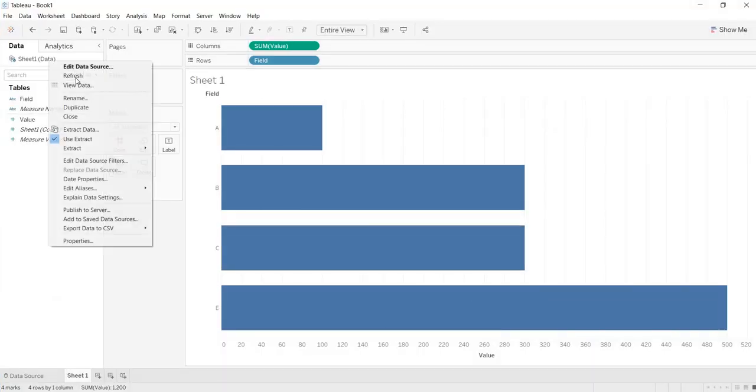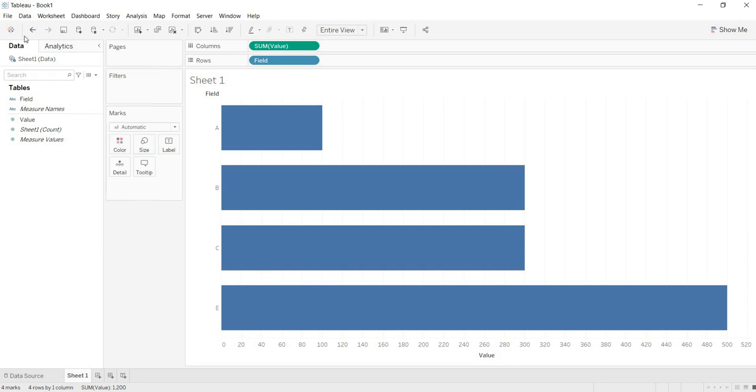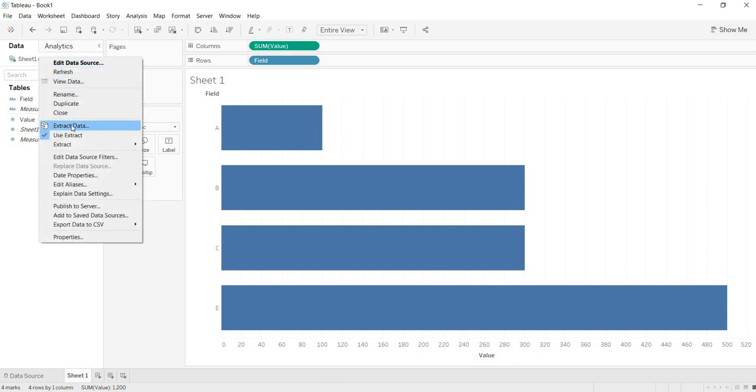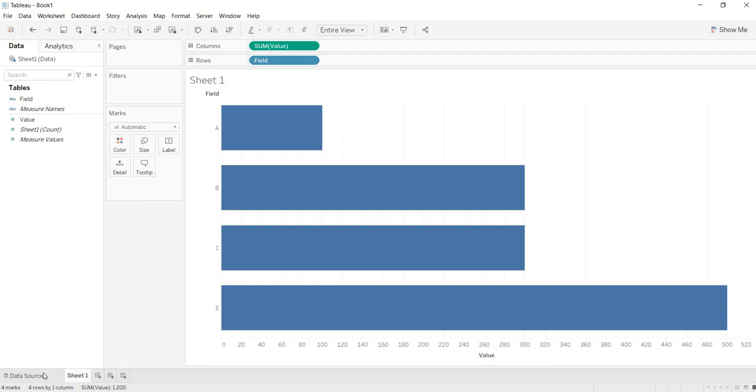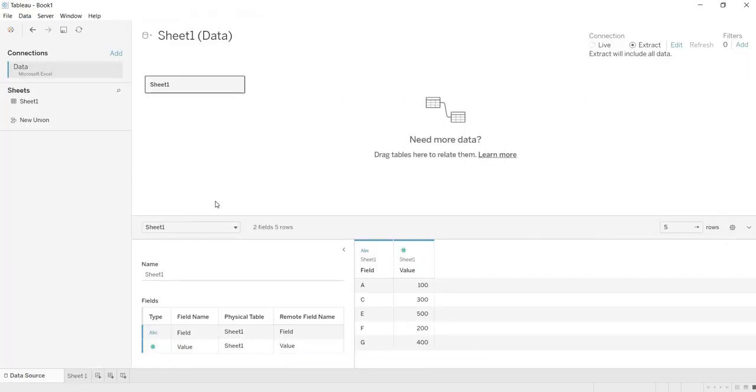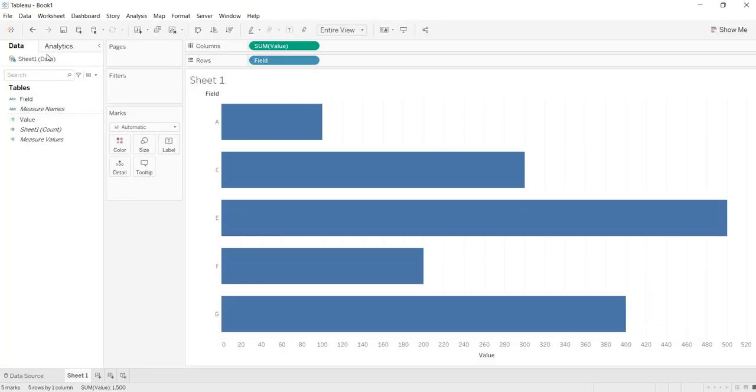Here, if you right click and refresh, it will not get refreshed, because you have one more option here. If you are in live connectivity, directly from here you can also extract the data. Once you have extracted the data, by default the option to use this extract is there.